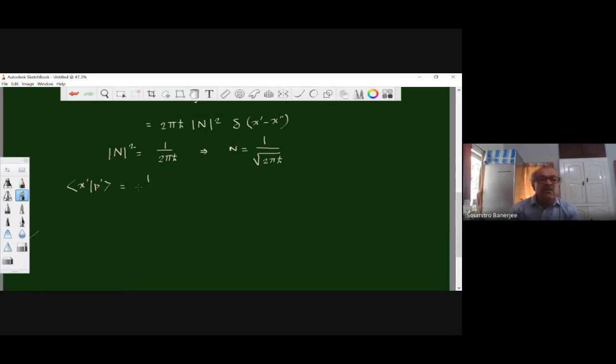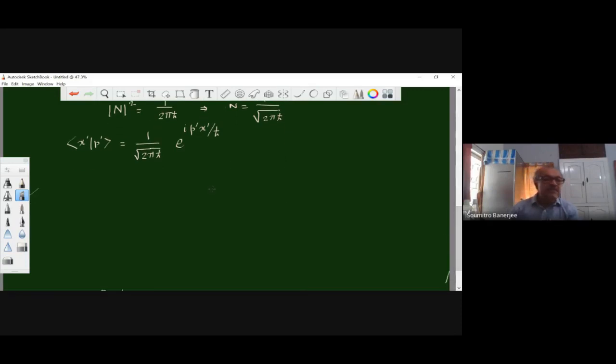Now we'll substitute the coefficient by 1 by root 2 pi h cross, and this is e to the power i p' x' by h cross. So that is the conversion formula we have derived. And if that is the conversion formula, then our